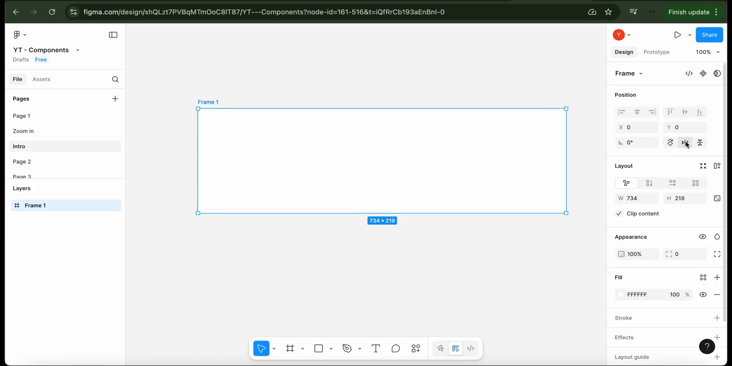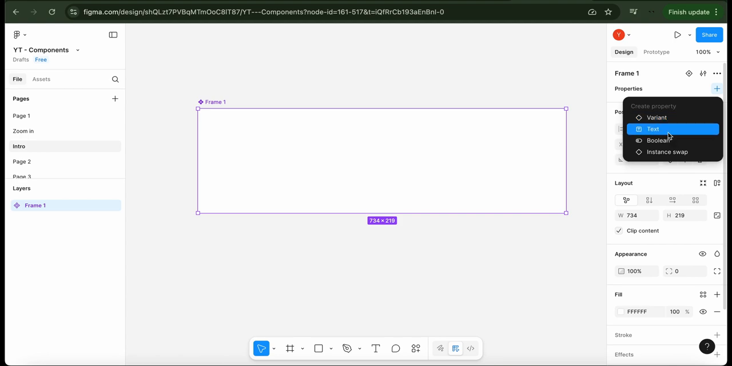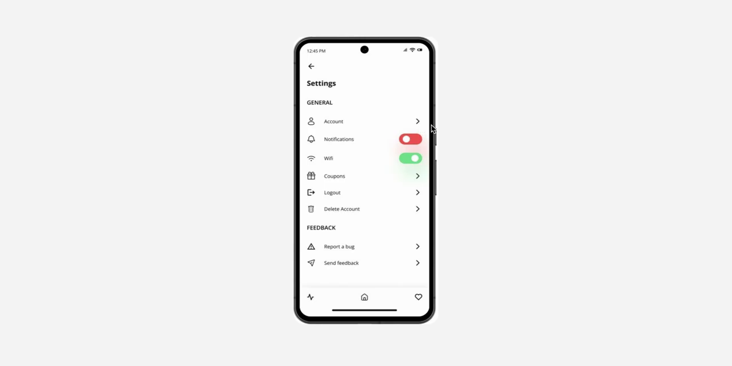In this video, we will be talking about component properties. There are four types of component properties: variants, text, Boolean, and instant swap. And we will do that by making this setting screen sample, and we'll create this list component which has icon,